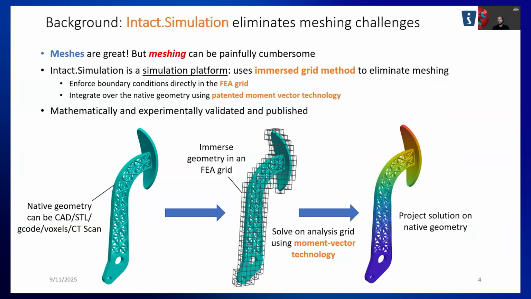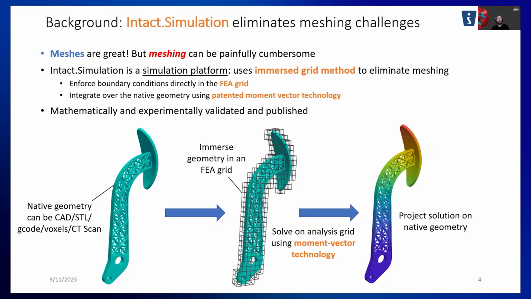All right, so here I'm just going to give a high-level overview of the fundamentals of what we do. Like we always say, meshes are great. Everyone likes meshes. There are different kinds of meshes, pretty cool. It's not the meshes, it's the meshing that is the problem. Everyone knows it's a headache. You need to look at the quality of the mesh, the aspect ratios. And before you can do meshing, you need to clean up your geometry. You need to defeature it. If there are any naked edges, you need to take them out. It's a lot of work. Everyone hates meshing. Everyone loves meshes, right?